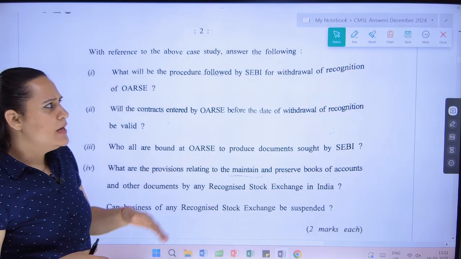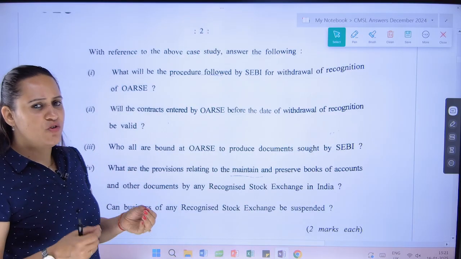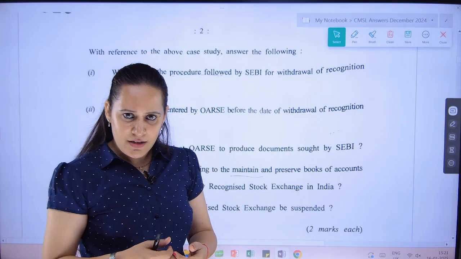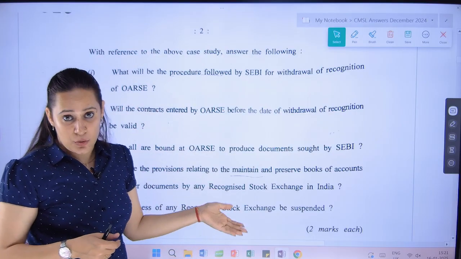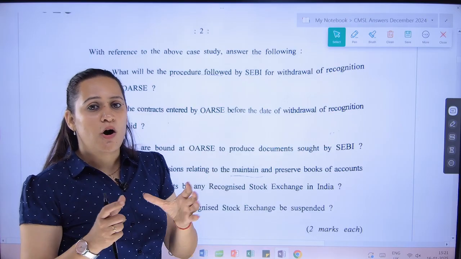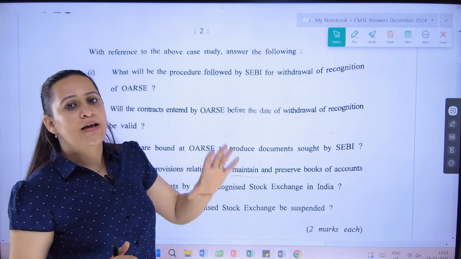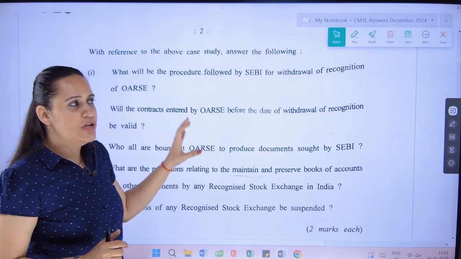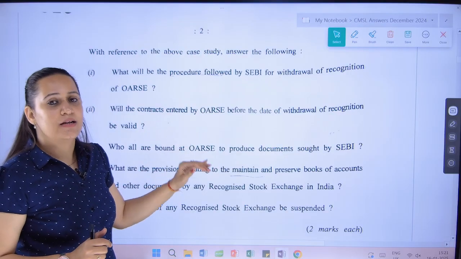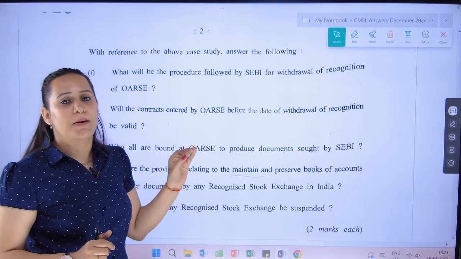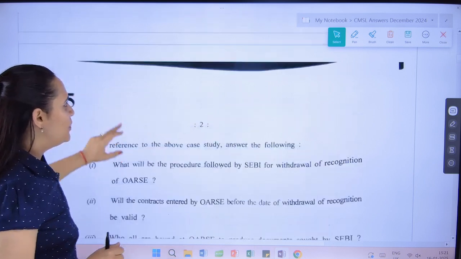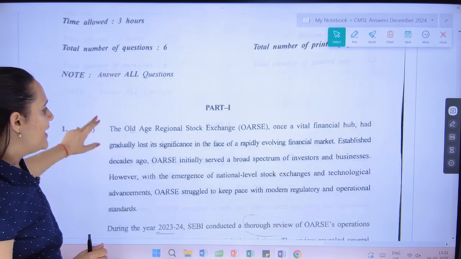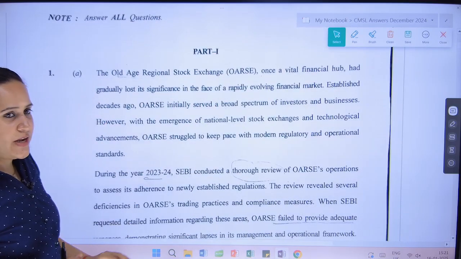If you see, each one of these questions is a direct question from the Securities Contract Regulation Act. Even without reading the case study, you can answer each one of these questions. So, we are not going to waste a lot of time in reading the case study type of question. We are just going to quickly glimpse through, because we want to understand the facts for the purpose of answer presentation. Okay, so, we will quickly go back to the question and read through that